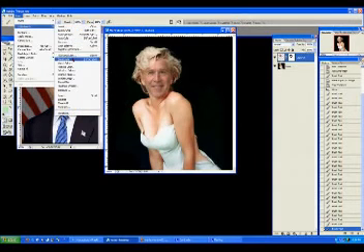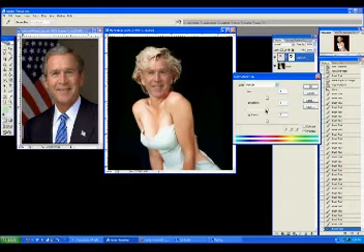Start with hue and saturation. Change it, lower the saturation a little bit, raise the hue a little bit. Now it's too green. Just move it around till it kind of matches pretty good. That matches pretty good. Now I'm going to change the